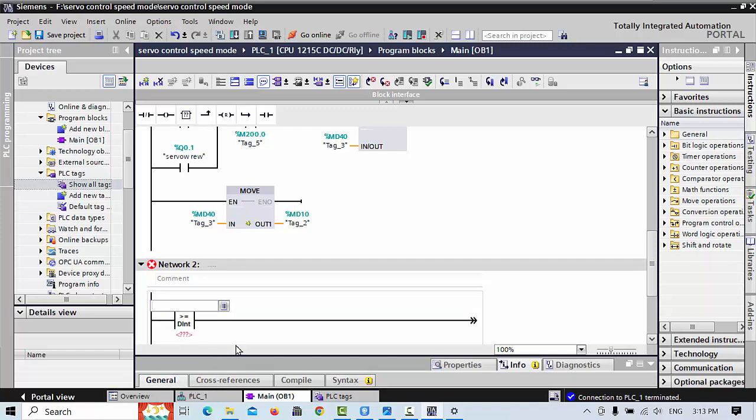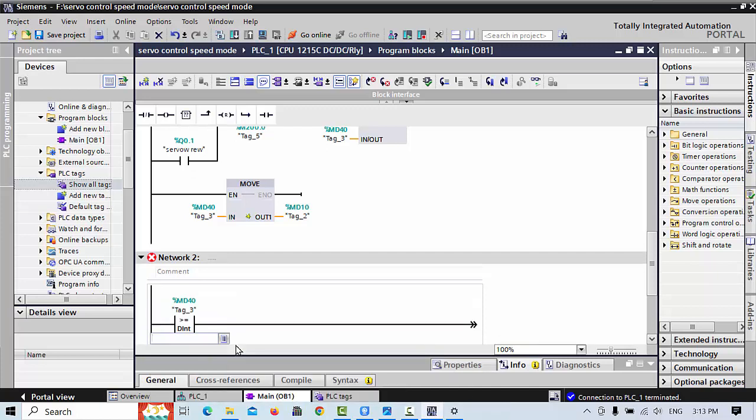Here we will use MD40 when it is greater,